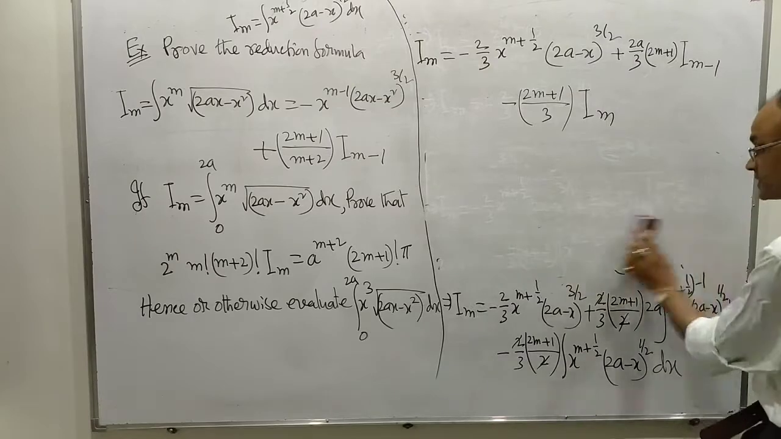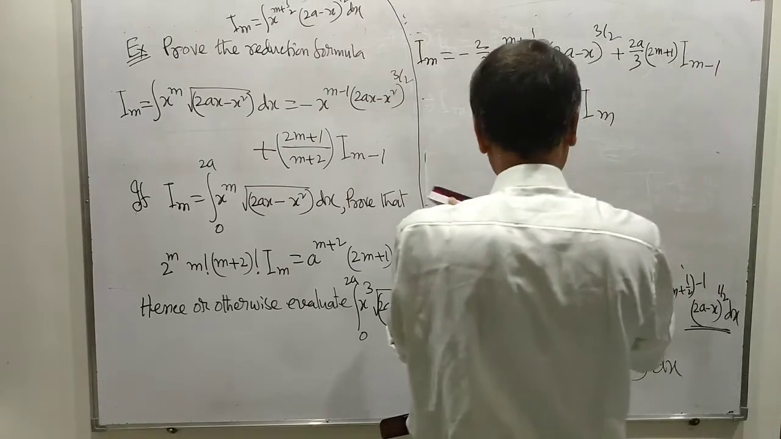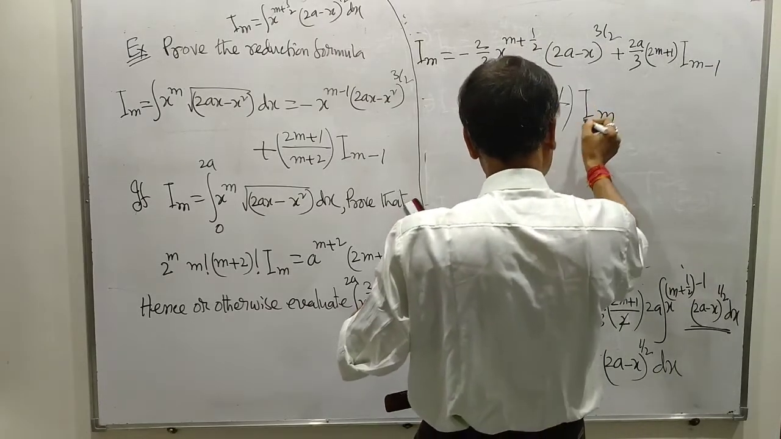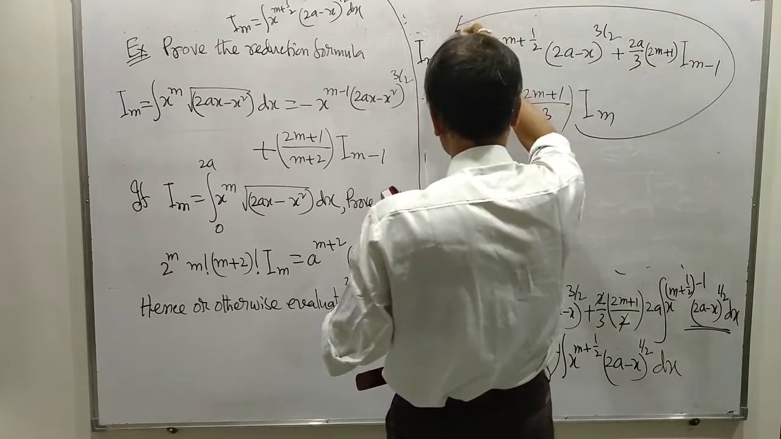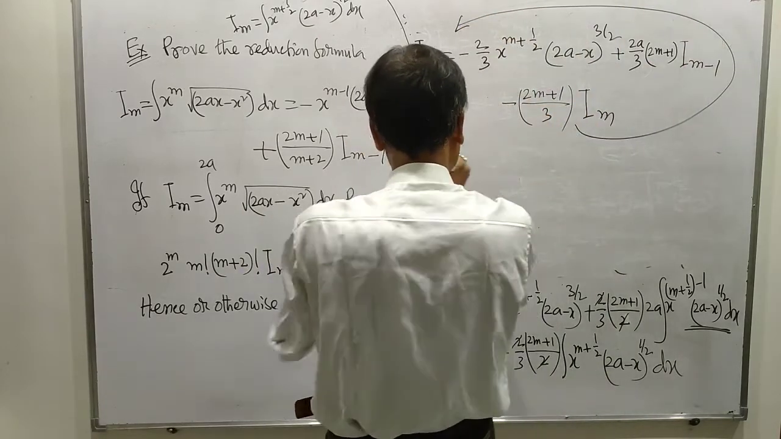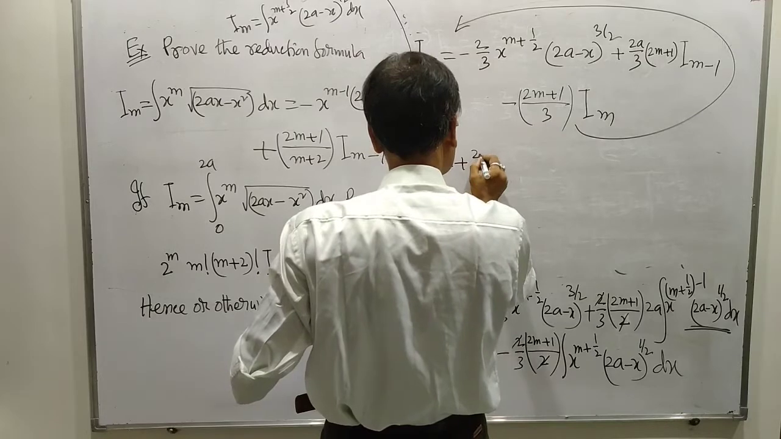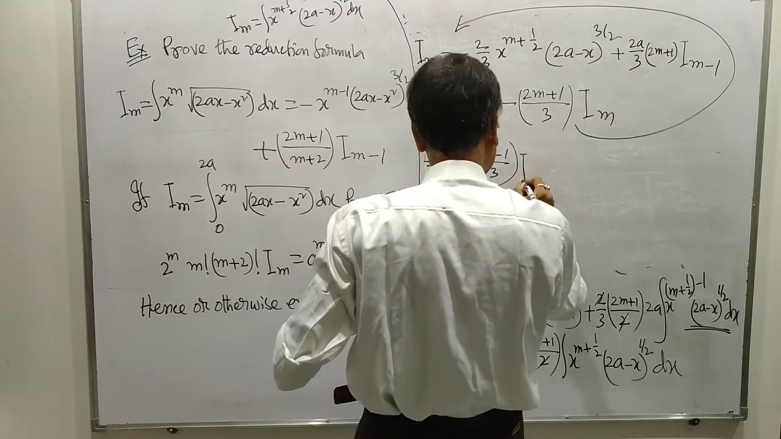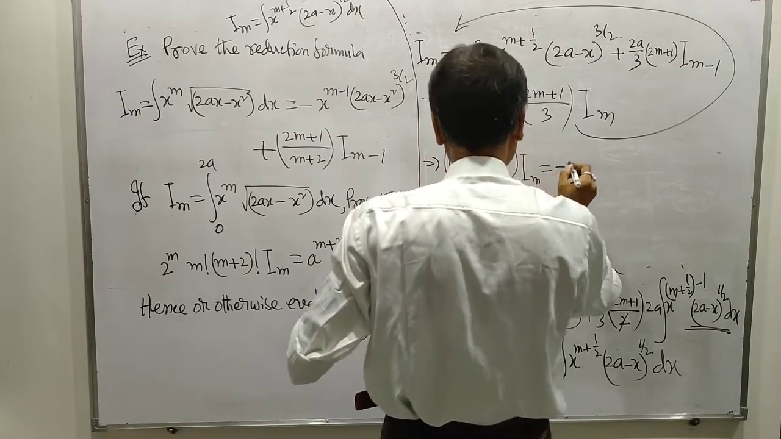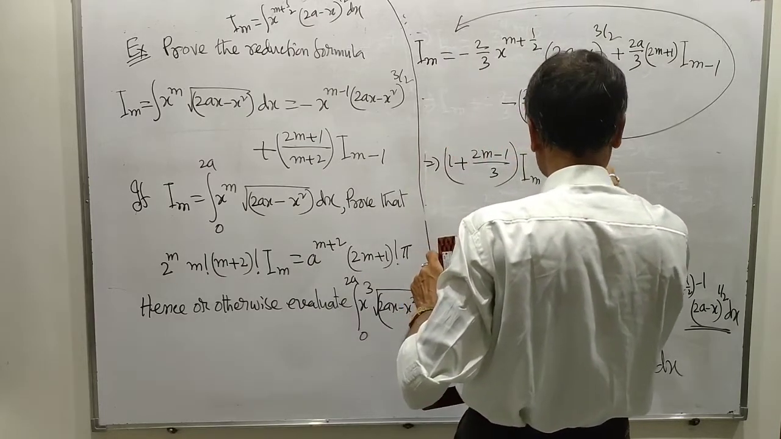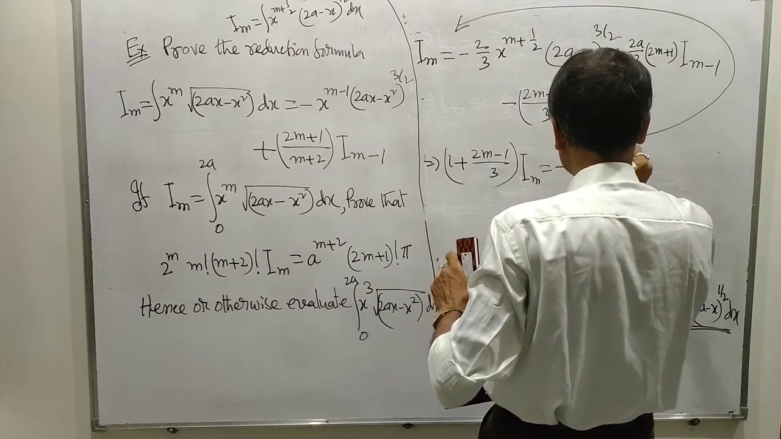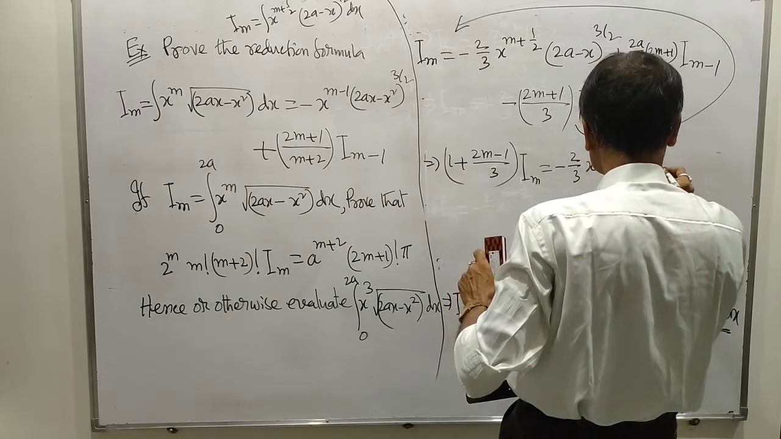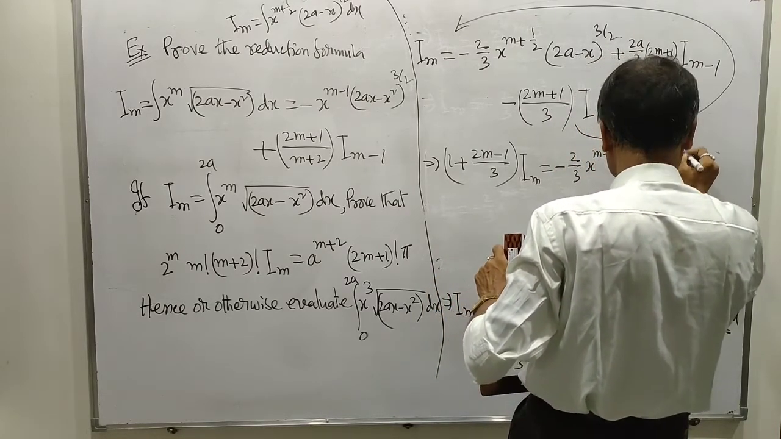Now, take this term to the right hand side. You will get 1 plus (2m minus 1)/3 times I_m equal to minus 2/3 x to the power m plus half times (2a minus x) whole to the power 3 by 2